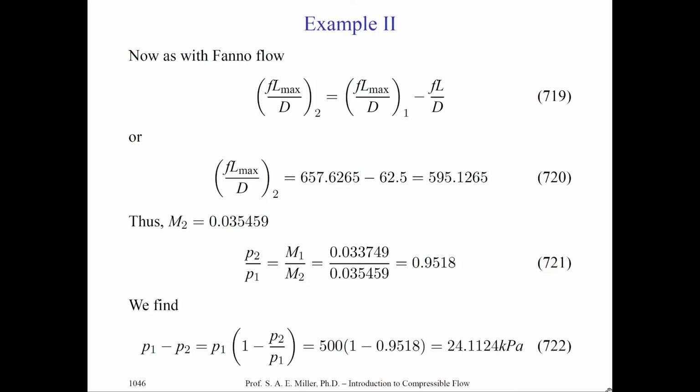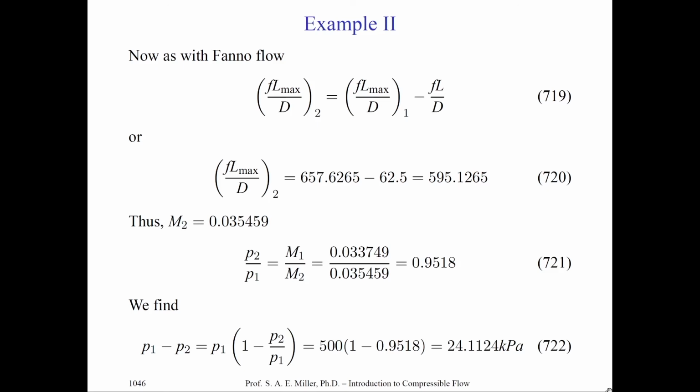We can then write the state of f L max over D at 2 equals the state of f L max over D at 1 minus the difference, which is simply f L over D, which we already know. We know state 1. We can look up L max based on the current properties. That's the distance of a fictitious pipe longer than the length of the actual pipe to, of course, bring the flow Mach number to the critical value. We can then solve for f L max over D at state 2. Plug in the values, we get 595.1265. Therefore, our Mach number at state 2, by plugging f L over D at 2 into our previous equation for Mach number and f L over D, we can solve for M2 and get